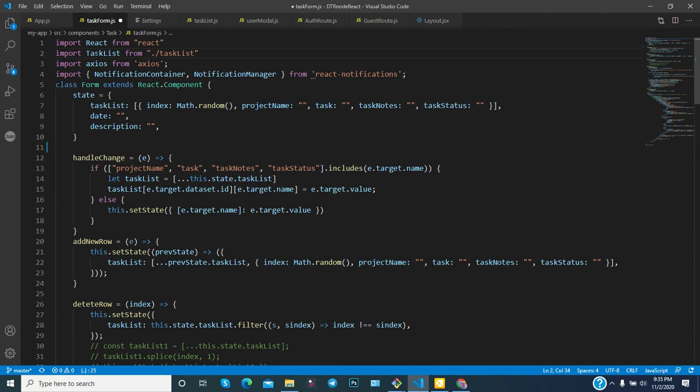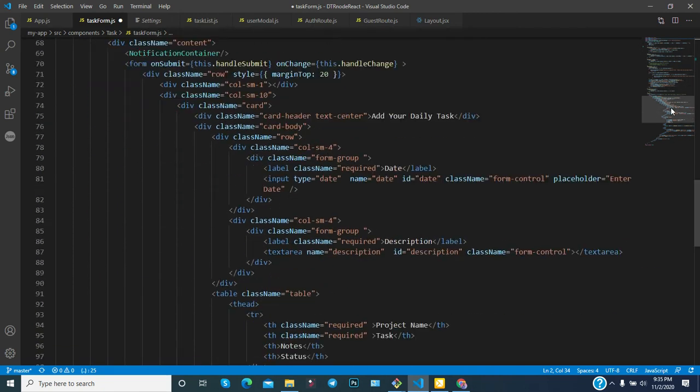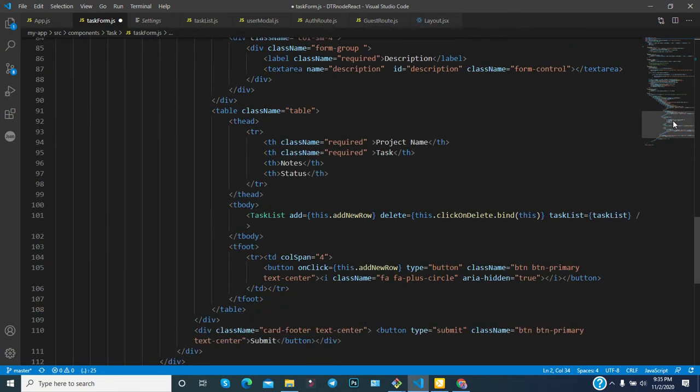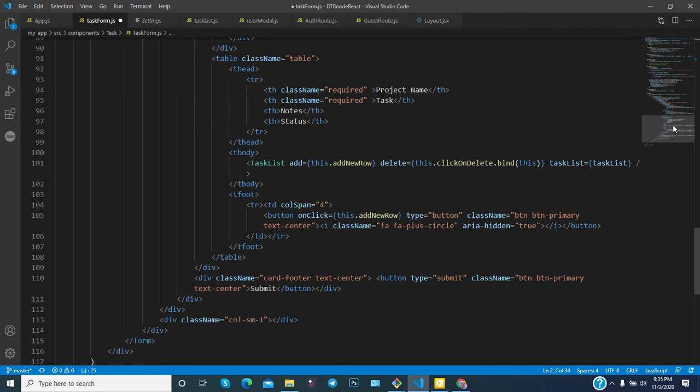At that time make sure that you check it, otherwise you will get an error. For a beginner it is difficult to identify the error. After lots of investigation they will find that they have not imported something, that's why it is not working.